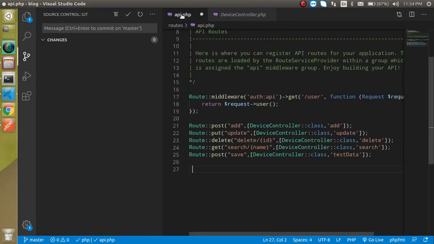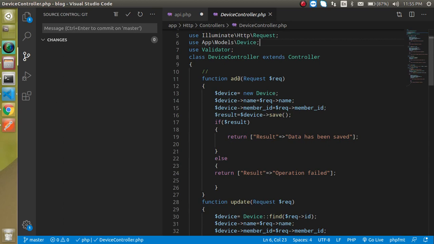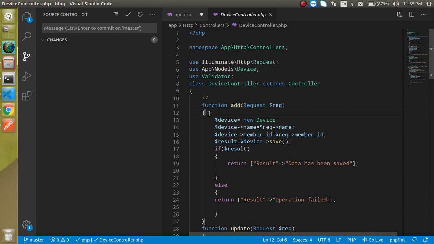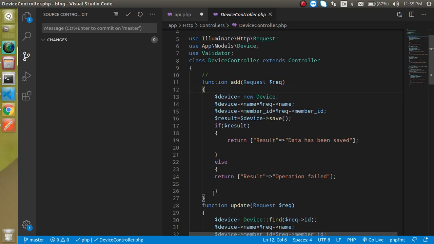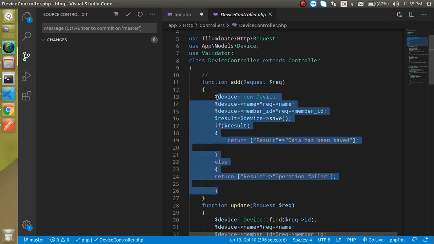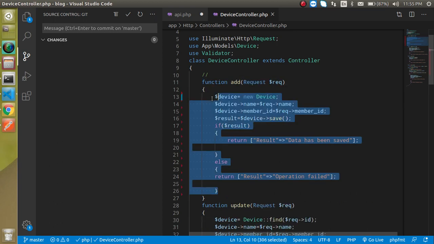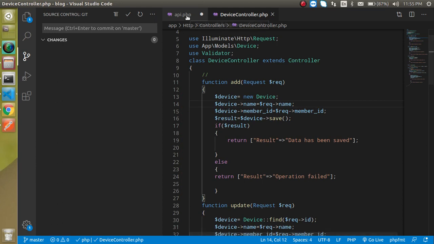In the previous videos we created these 4 or 5 functions so that we can perform operations like add, update, delete, search and save. But with the resource you need only one route, right? We also created functions like the add function, update function, delete function and search function. These functions are also created by the resource. We don't need to create them manually. Yes, these functions will be blank here, and we need to write the code at least, but you will find blank functions ready, so you can save lots of time, right? So now let's see it with the example.